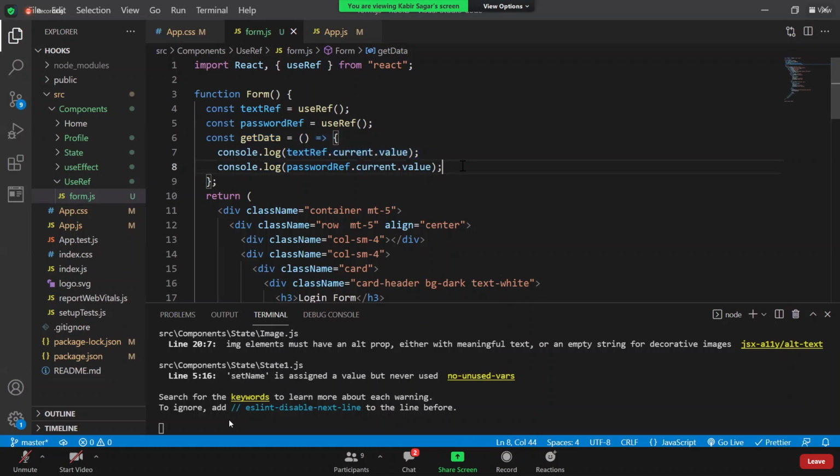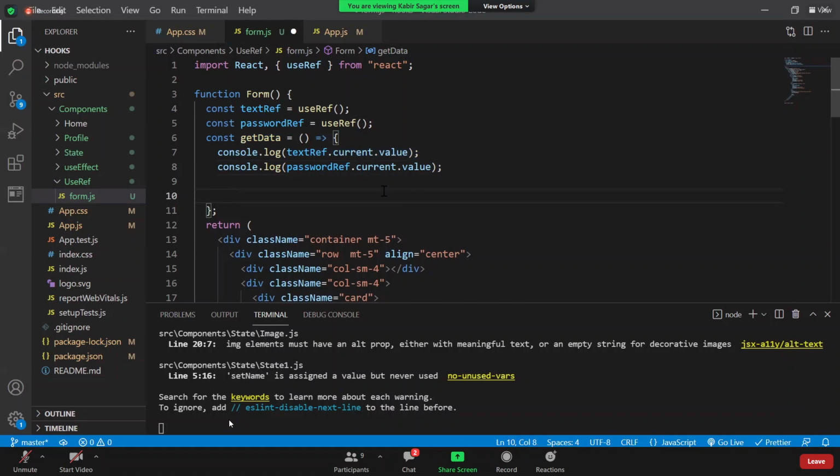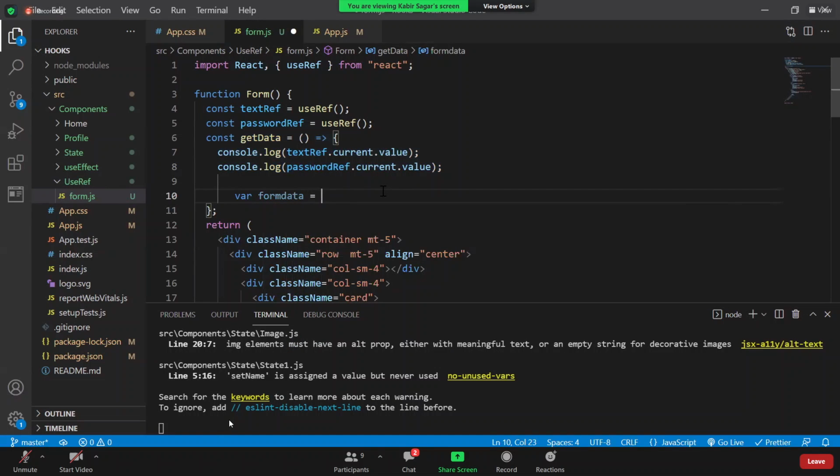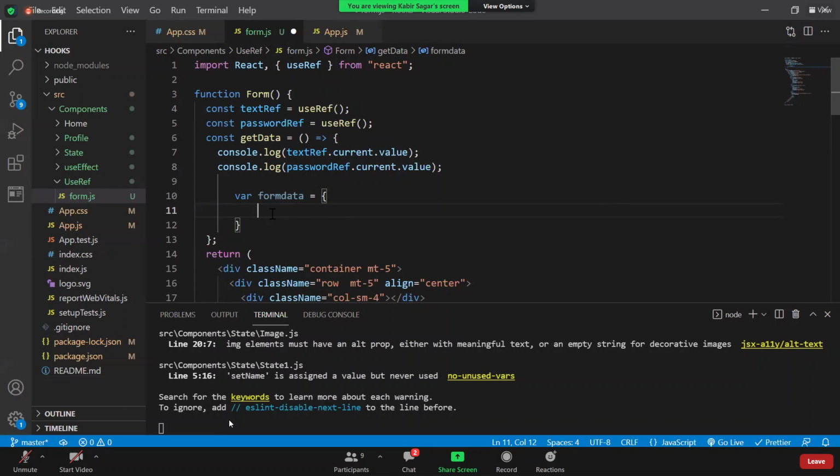And once you take the data, create one object. So simply here you can say var formData equals, create one object. While creating the object, you require key and value. Value is nothing but the data which is coming from the text box. Keys will be given by the server-side people, because this object we have to send to the server.